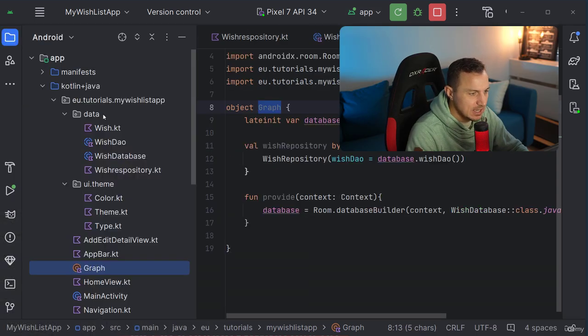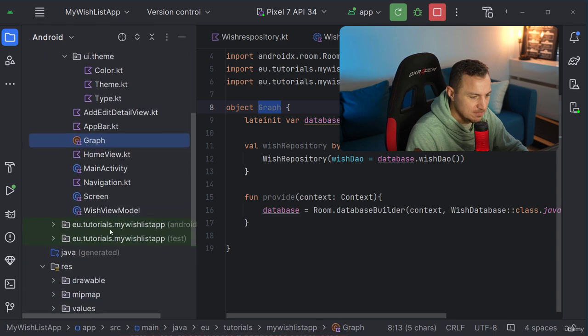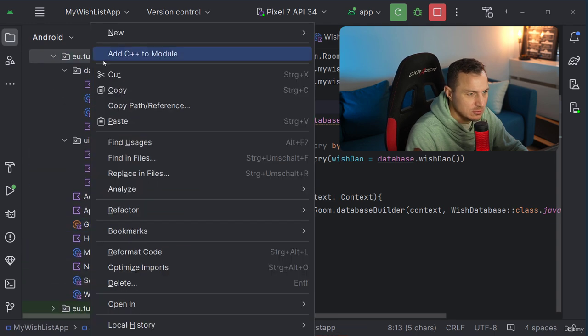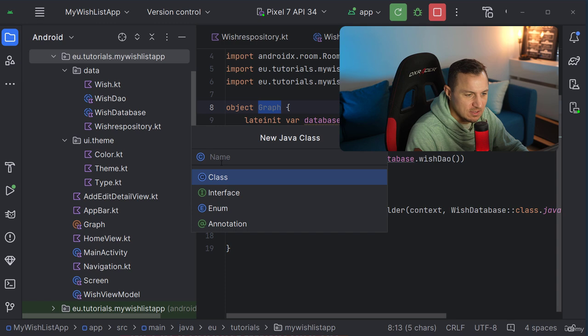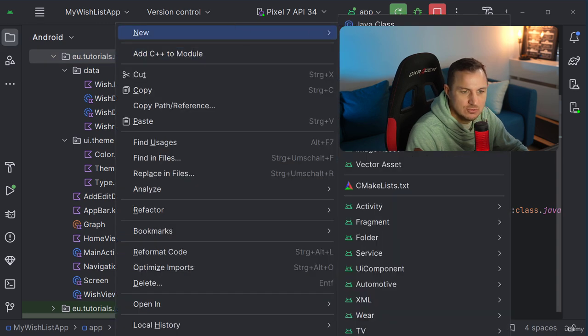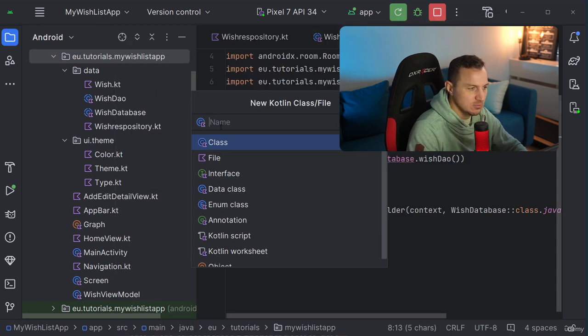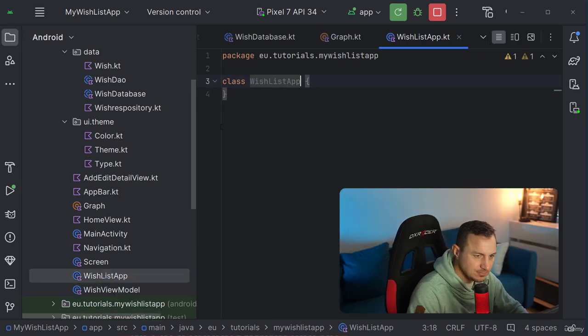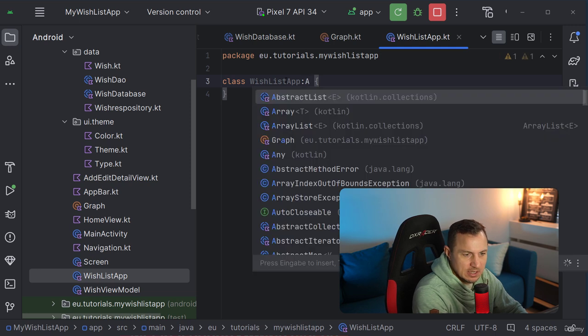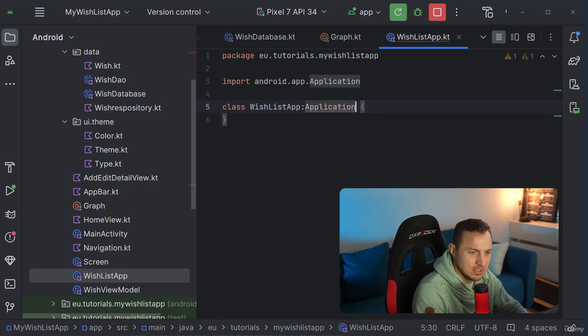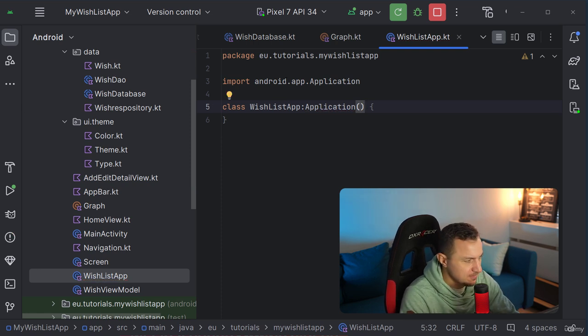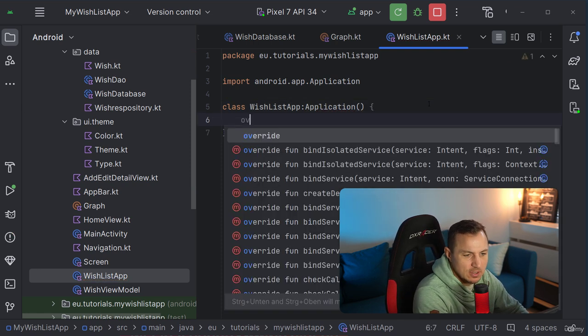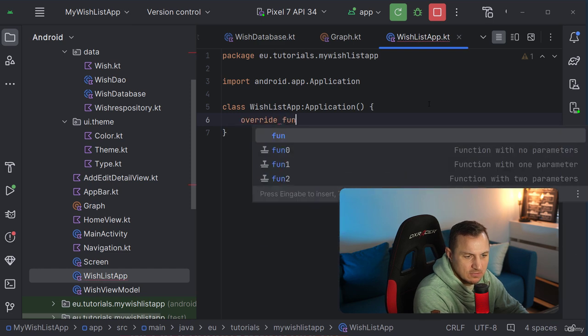Okay, so let's set up that class so that it can actually use this graph and then use the provide function with it. I'm going to create a new Kotlin file class, and this one will be called WishListApp. It will inherit from Application, which then requires it to have the onCreate method. So here, override fun onCreate,